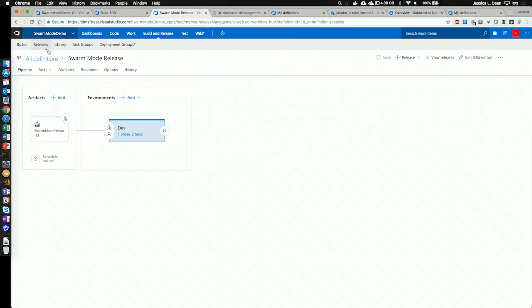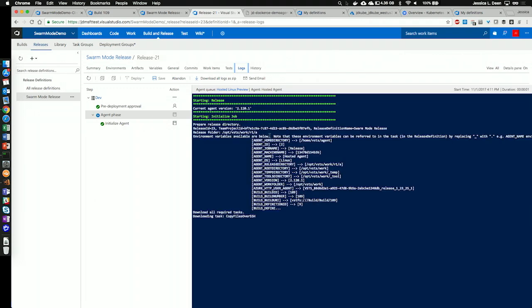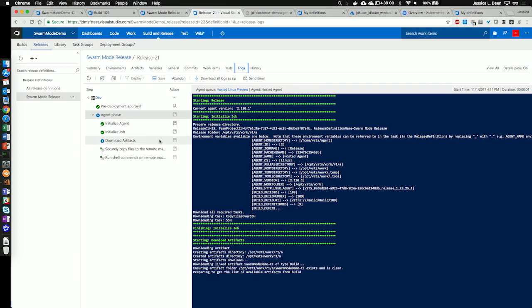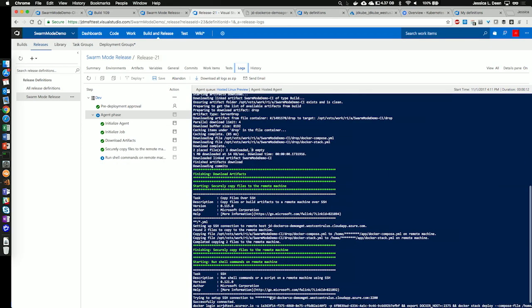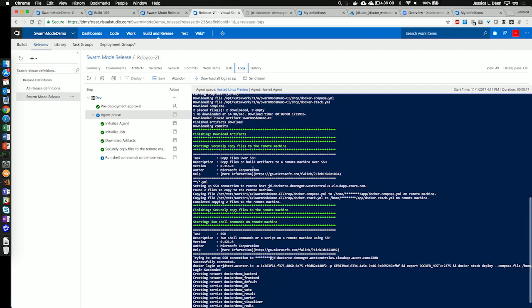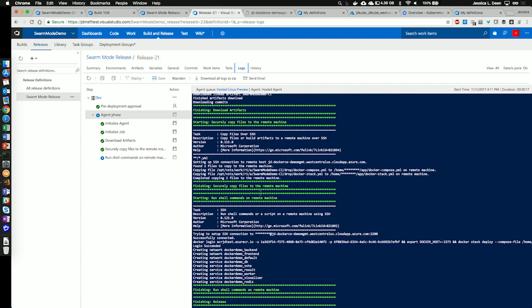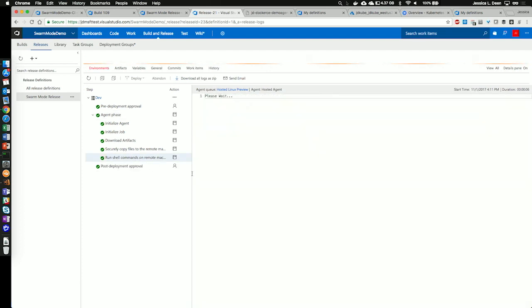Now if we go over to releases, let's take a look at that release. So we see that it's initializing the agent, the job, it's downloading our YAML files, it's copying them over to our master agent of our Docker Swarm cluster. And now it's running our Docker stack deploy command. We see that it actually already completed. So if we just go back so we can see the log file,